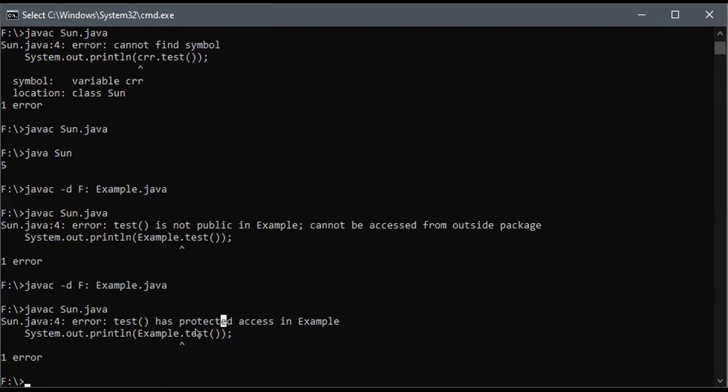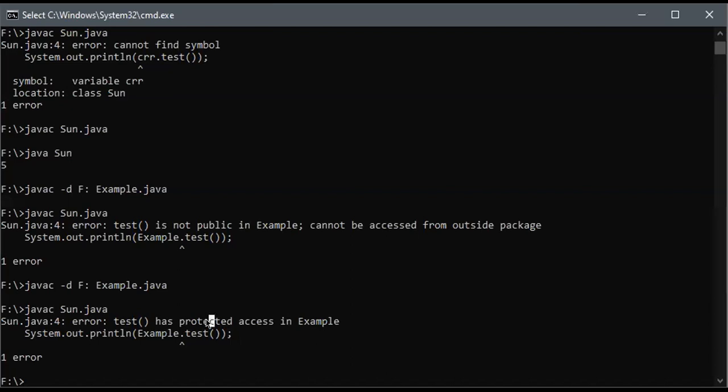So if you want to access any method inside another package, it should be public only. Remember that one. What are all the things that you will do inside a package that no one is going to see? Because there is no interface, there is no need to implement it somewhere else, right?